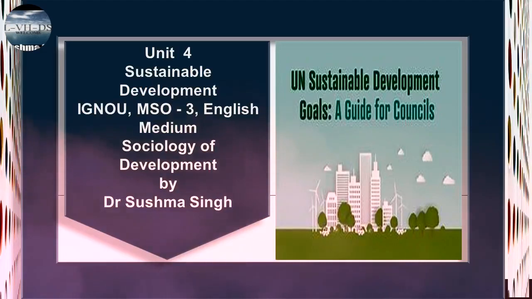In order to understand the meaning of the definition, let us understand the core issues addressed in the above definition. First is the issue of economic growth. Economic growth is considered essential not only for poverty reduction but also for meeting human needs and aspirations for a better life. Second is the issue of limitations of the environment's ability to meet the needs of the present